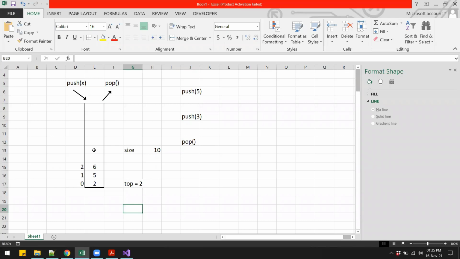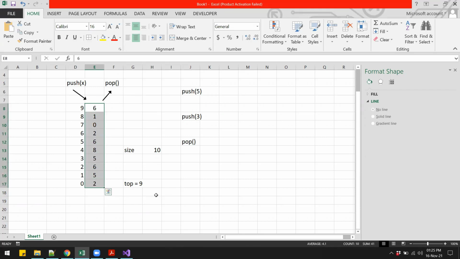When the stack is full, the value of top will become 9. If I just write the indexes over here, you should be able to see 6, 7, 8 and 9. So at this point, when my top becomes 9, that means there is some data in the stack all the way up till the top. I'll just put in some random data. You will see that there are 10 items in the stack,